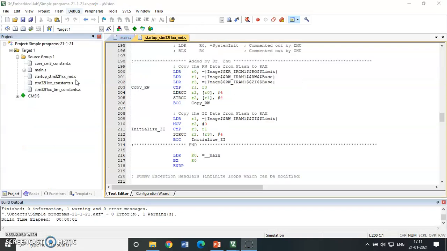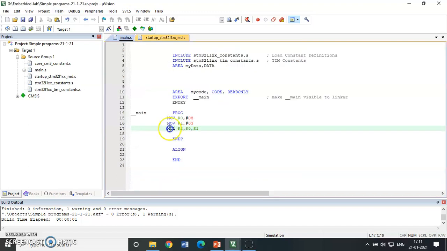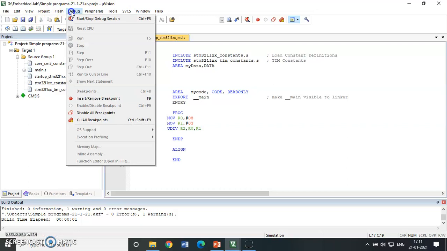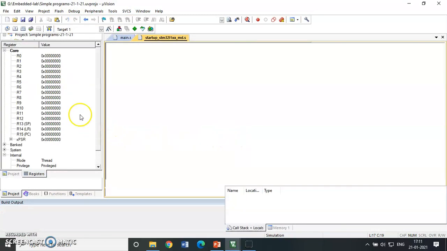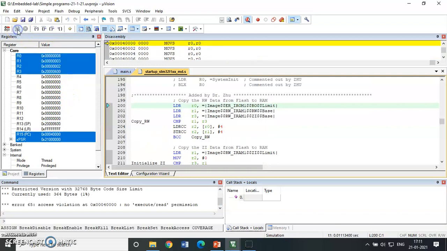So next go for the division. The instruction will be UDIV. You can save it, rebuild, and you can see the commands.